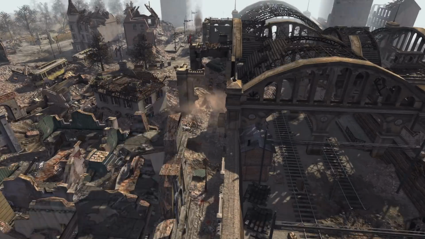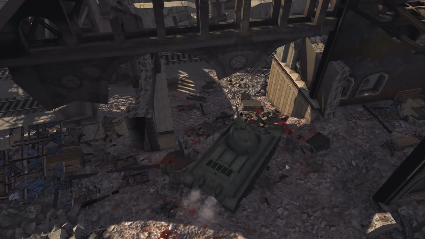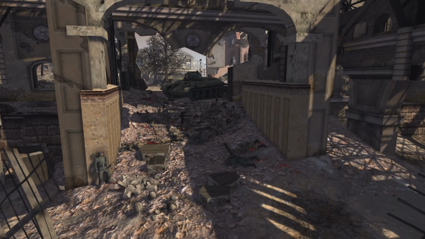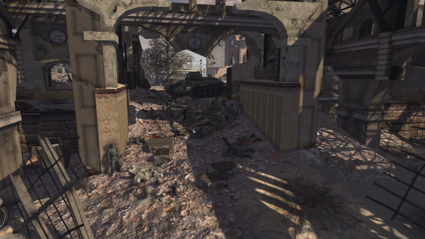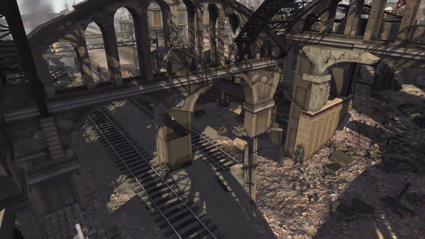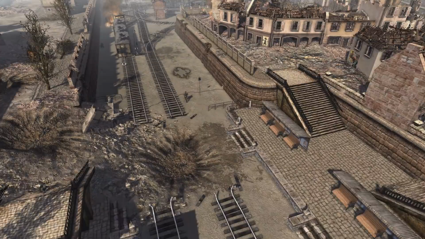We've got one of the Russian tanks. I wonder if it's shot at him, or if it's going to stay here. Look at all that blood on the ground. That German soldier has been doing very well. He lost one of his comrades nearby. I think he's holding a hand grenade now. I wonder if he's going to throw it. This is a really nice battle.